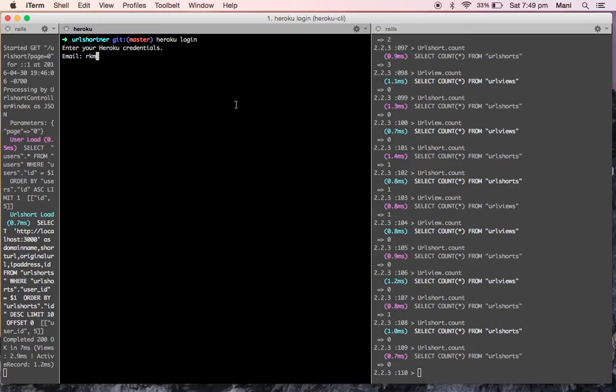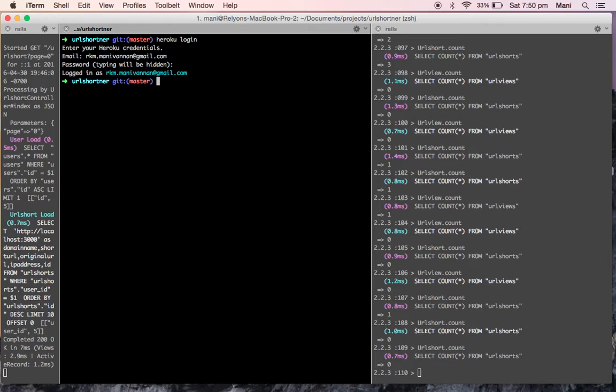After creating it, you need to log in from your terminal. So this is my email, and this is my password. I need to type it. So now everything is done. Now we are logged in as a particular user.